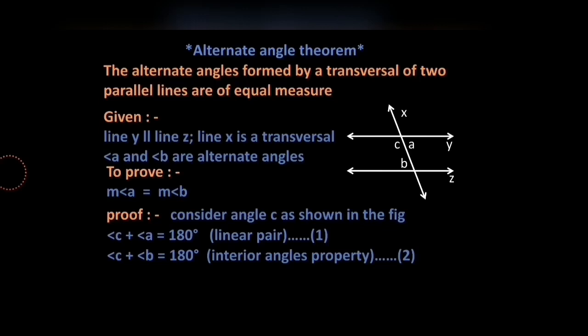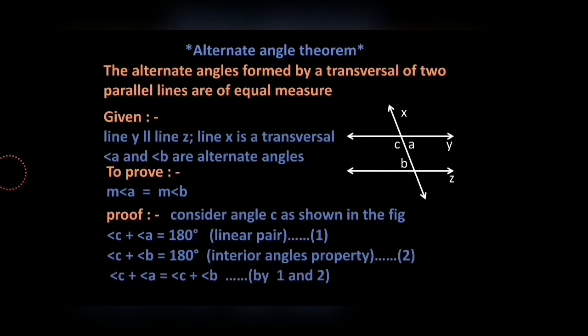After that, if you observe 1 and 2, same thing guys. If you observe 1 and 2, the total is 180 degrees, so we can say the sums are equal. Angle C plus angle A is equal to angle C plus angle B, because both the sums have equal answers, correct. And then we can strike out angle C, because after shifting, C goes negative, and we are left with only angle A and angle B, and this is what we needed to prove. That means we have proved that alternate angles, if you observe the diagram, are congruent to each other whenever the lines are given parallel. So this is enough for today, guys. See ya, take care.